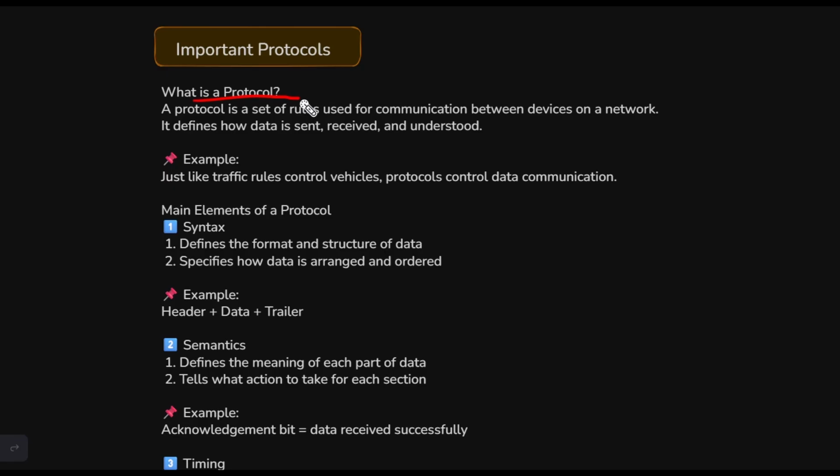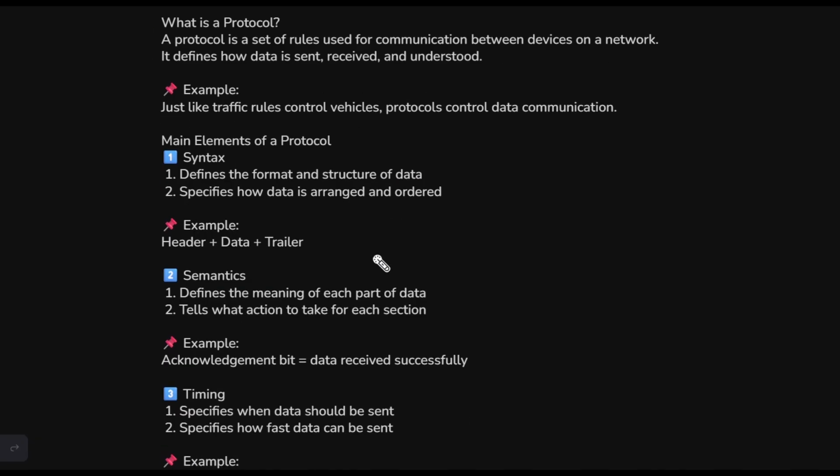What is a protocol? A protocol is a set of rules that allows devices to communicate with each other on a network. So it defines how data is sent, how data is received, and how data is understood. Simple example: just like traffic rules control vehicles on the road, protocols control data communication in a network. Elements of a protocol are,